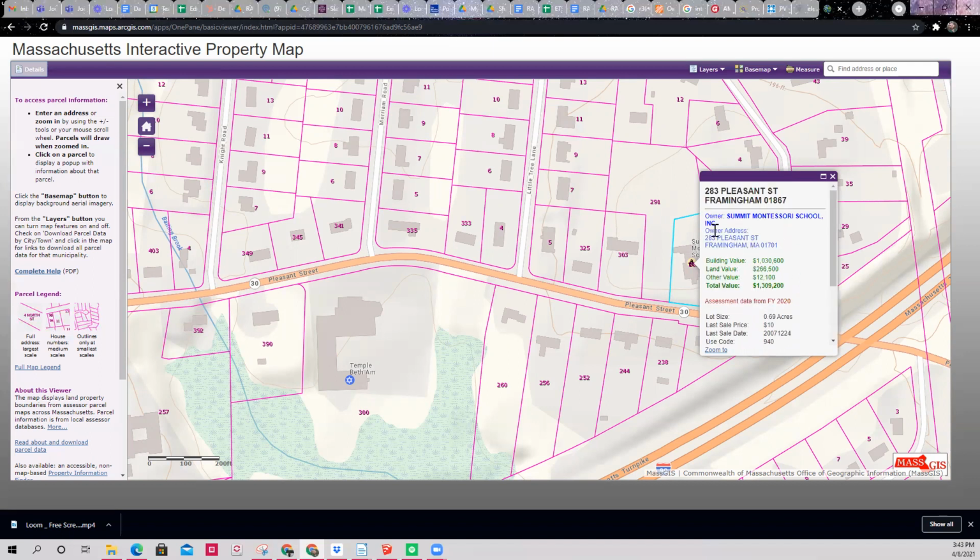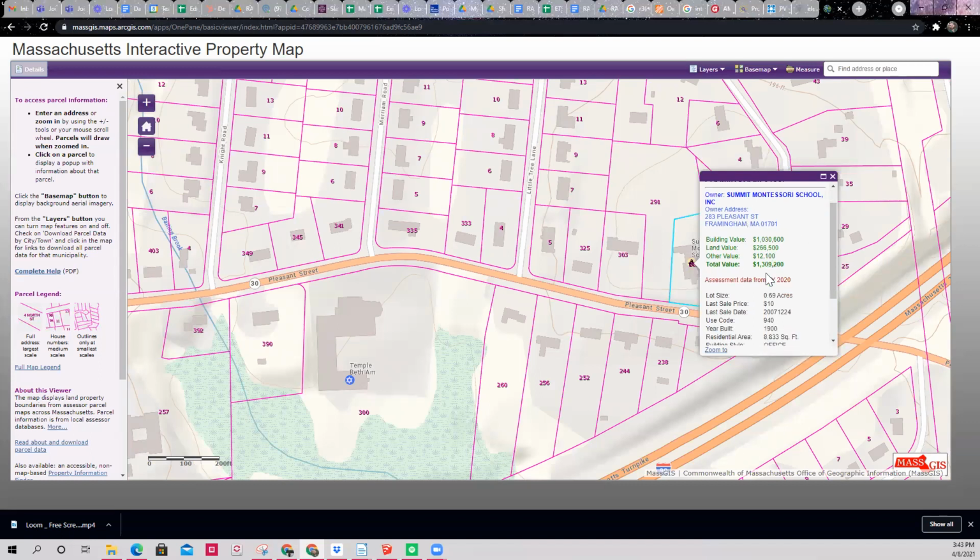Most of the time, these are fully up to date, but every now and then, especially in a town that's a little bit less established, this information won't always be quite populated as thoroughly, but you can probably find it. Especially if you're willing to dig for it, you can find it. Location ID, property location, book page. These are things you can cross-reference against the assessor's page,